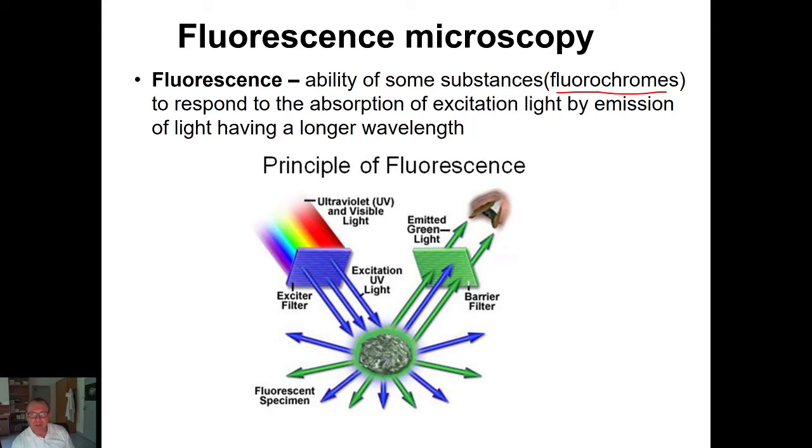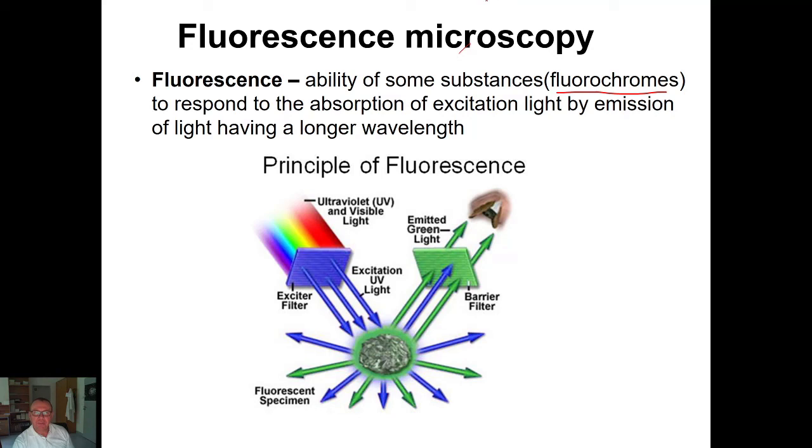This light, let's say blue light, is coming to our specimen, and if it is a fluorescent specimen, that means if it contains some fluorochromes, it emits light with longer wavelength, which can be, for example, green, and this green light goes back to